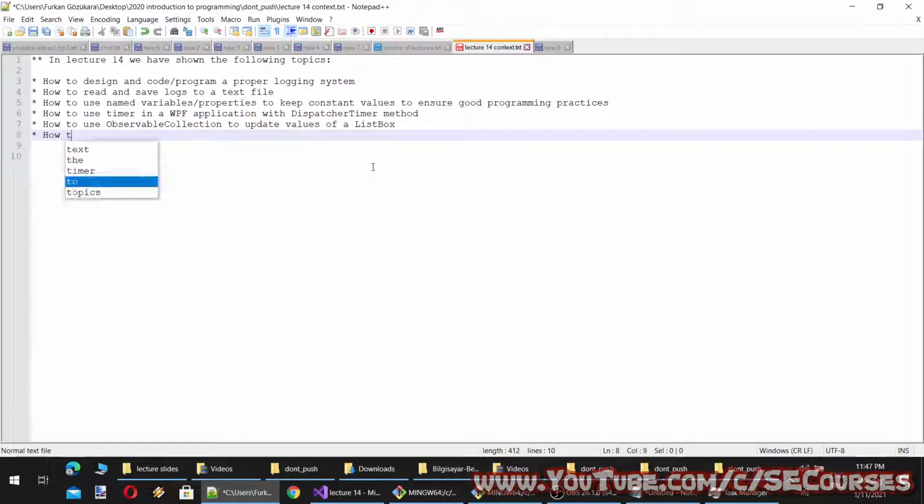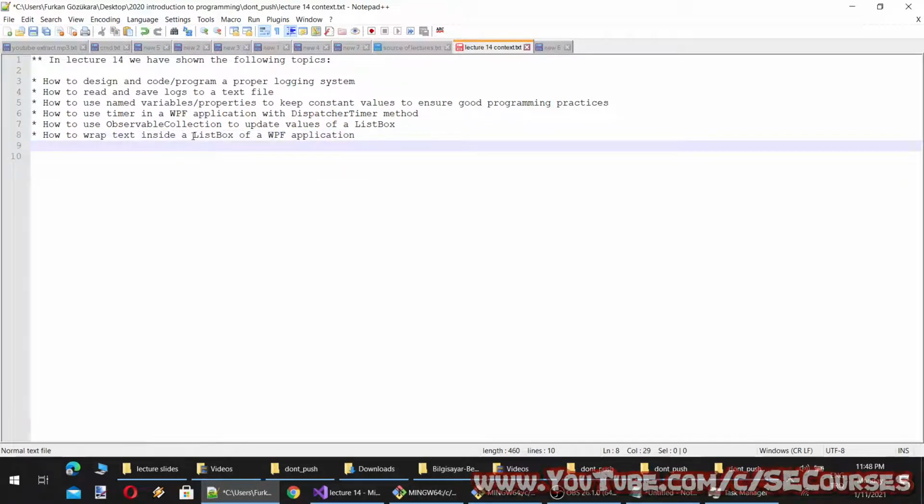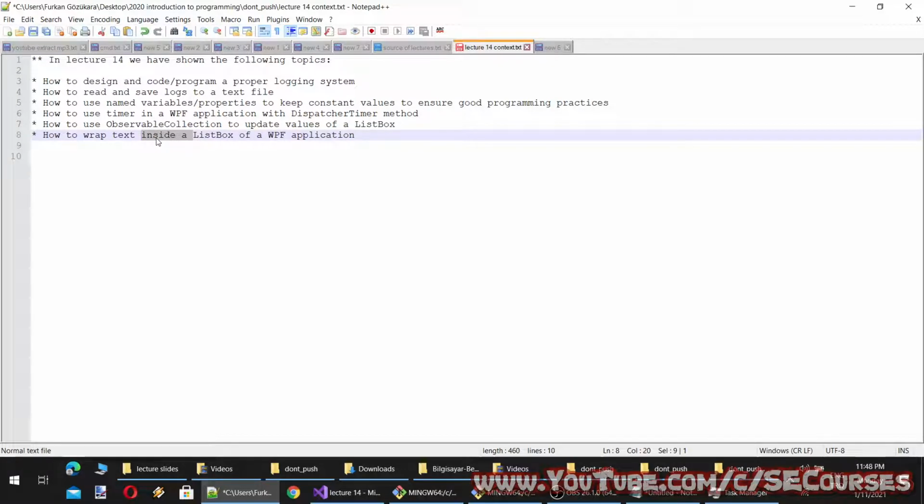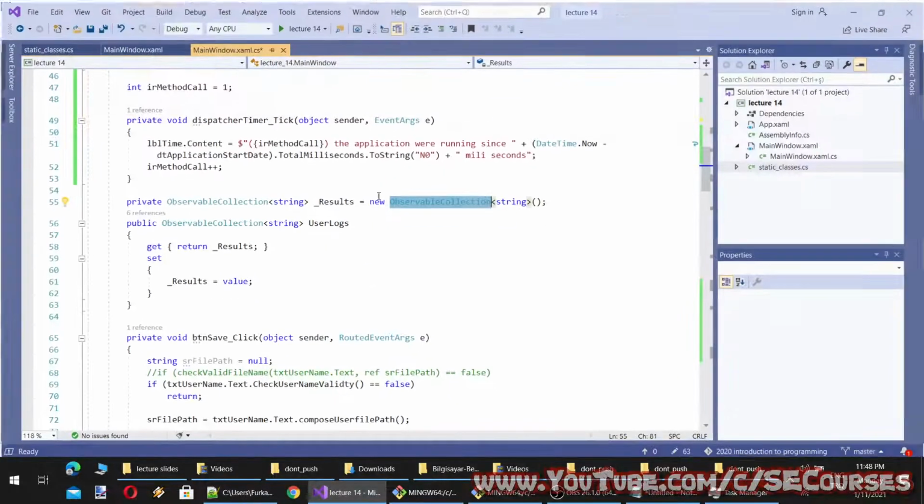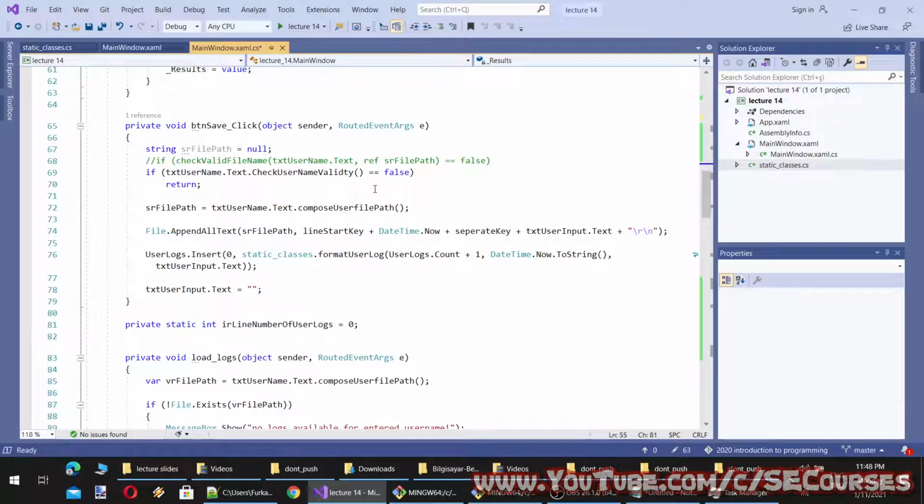How to wrap text inside a list box of a web application. Anyway, not important.